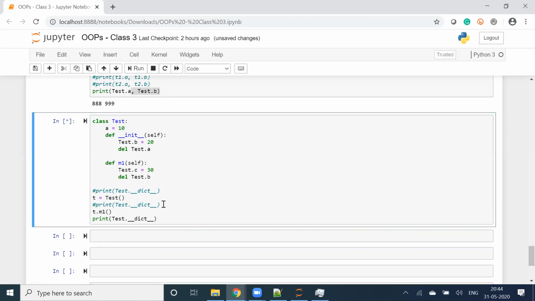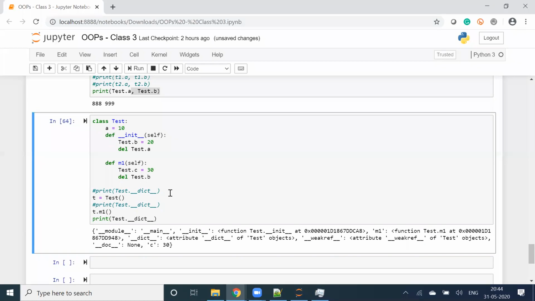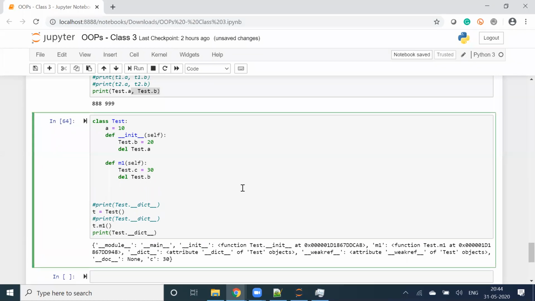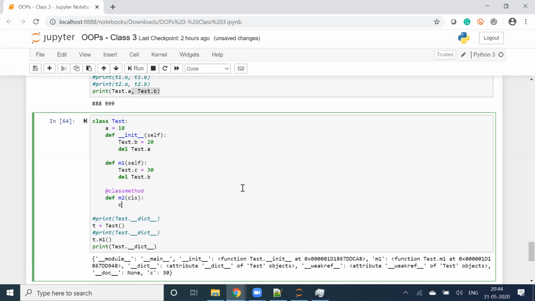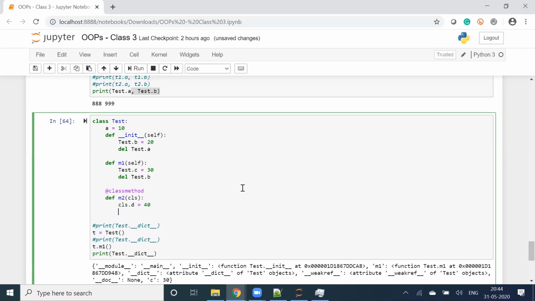Only C. Looks good. Good. Def M2 cls, cls dot D equals 40, del Test dot C.